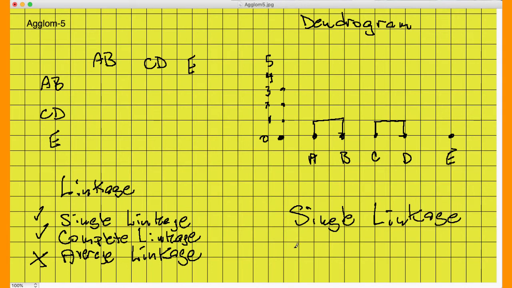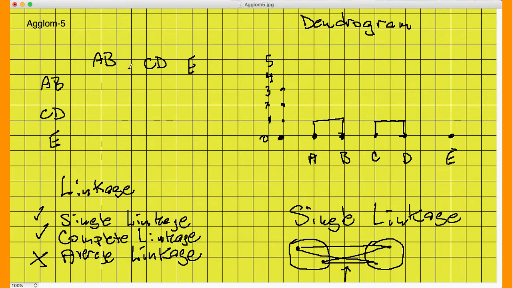Basically, what single linkage means is, if I have a cluster over here and a cluster over here, and inside this cluster are 2 points and over here are 2 points, the question is what is the distance between these two clusters? Well, what single linkage does is it says consider all of the distances and pick the minimum value. So in this particular one, the single linkage would be this bottom link, from here to here.